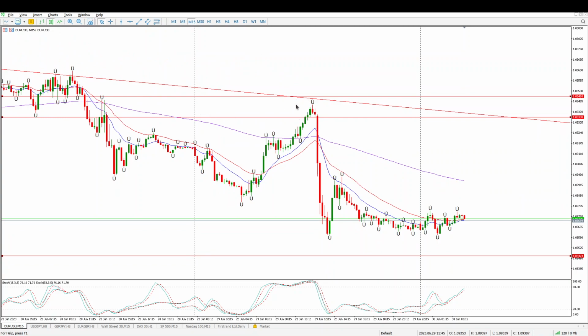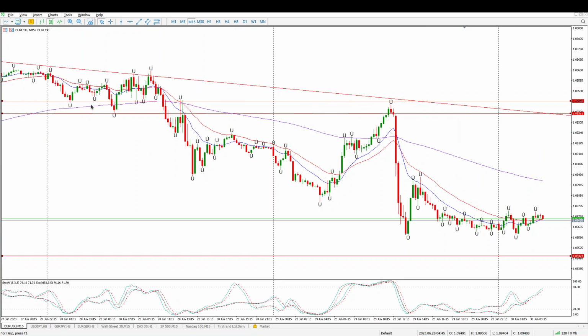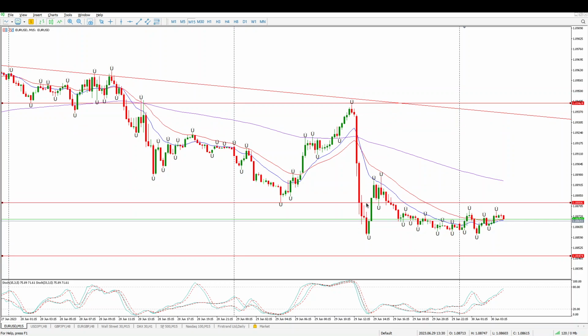So you can see how we didn't quite get the exact level on the 15 minutes. If I just move that up, and there probably has been a tail somewhere in here that we were aiming for, but it looks like we missed most of them. And that was just before data, obviously. So opportunity right here at